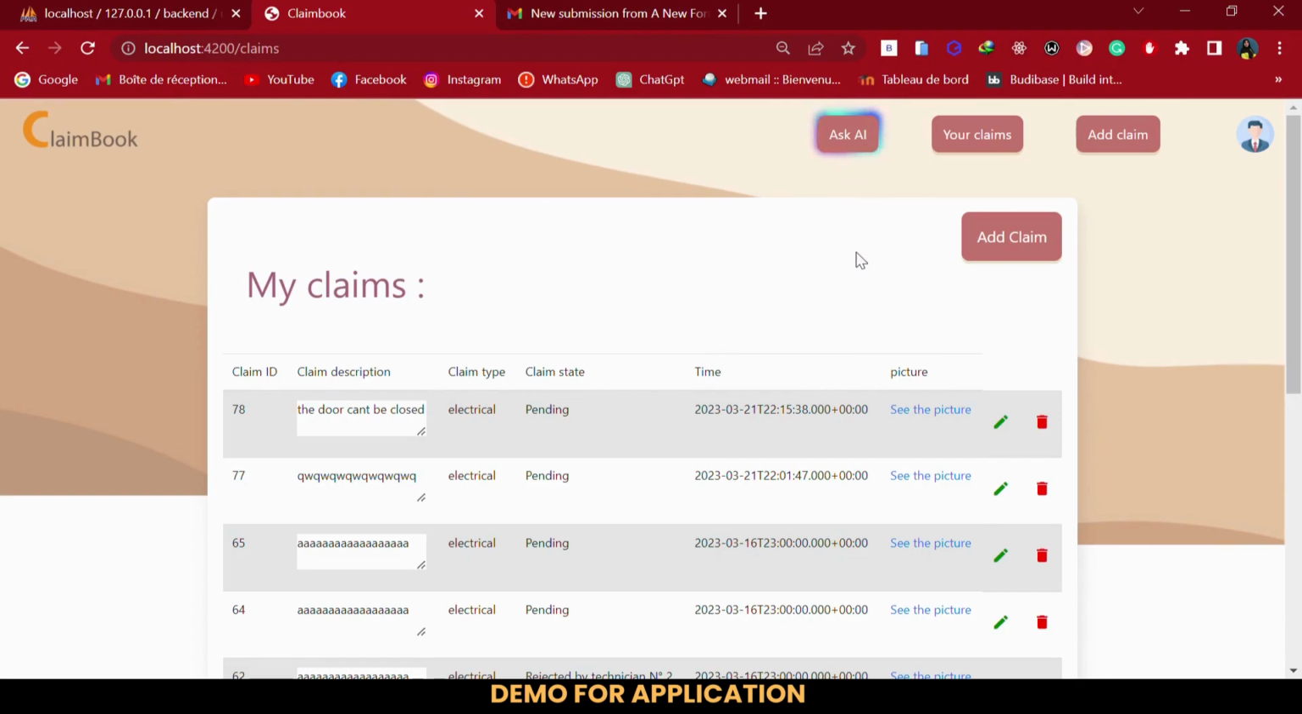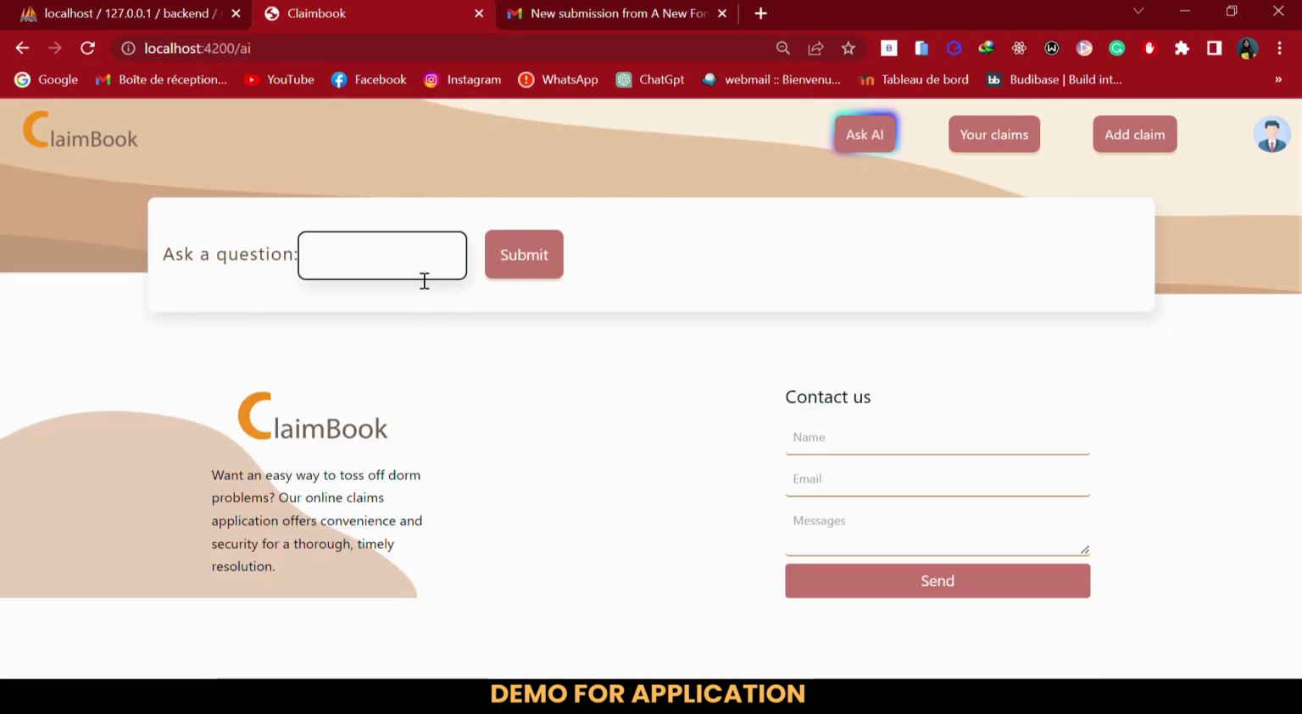Also, the student can face a problem that he can solve alone, but he needs instructions for solving it. For that, we have implemented an Ask UI page where he can type his question to be solved by a machine learning model that uses the OpenAI API to generate a response for the question. For example, I